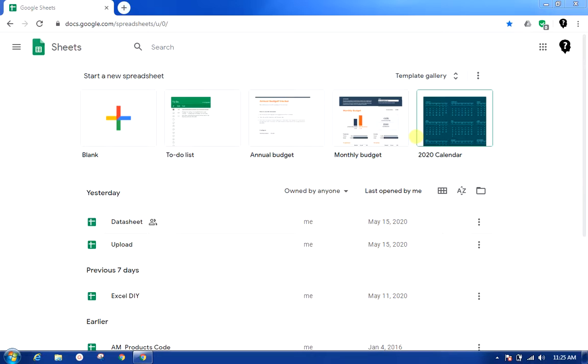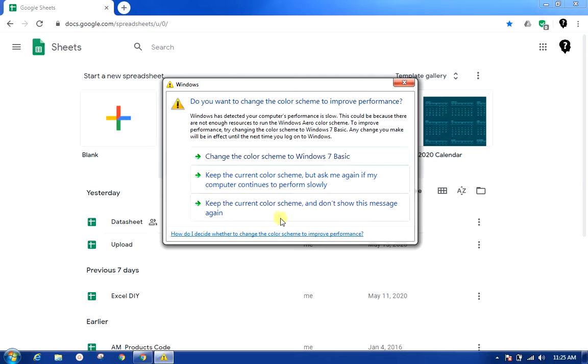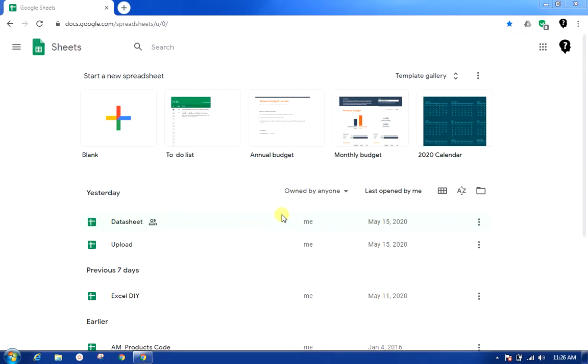So let me give you a quick background. I have been using Microsoft Excel for more than 10 years now, along with the Microsoft Office apps: Excel, PowerPoint, Word, Outlook, etc. I have switched professionally onto the Google apps, and I have been using Google apps officially as well as for personal use for more than 5 years. So I have a fair idea how Google is used in the corporate as well as the personal environment. I'll try to deliver my best.